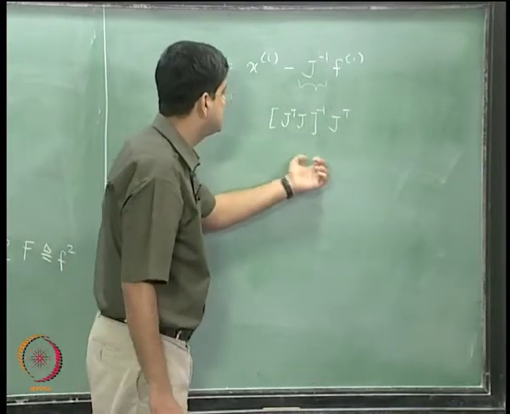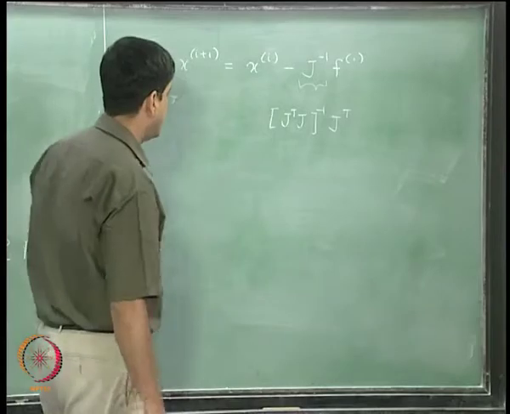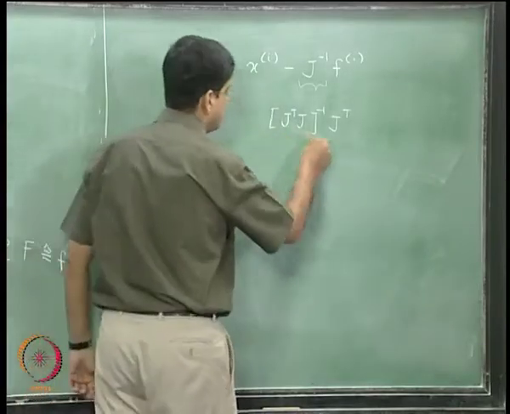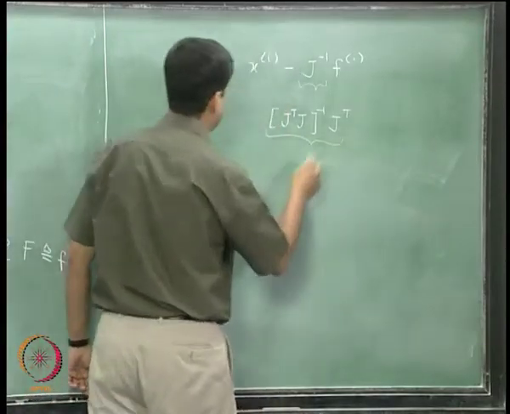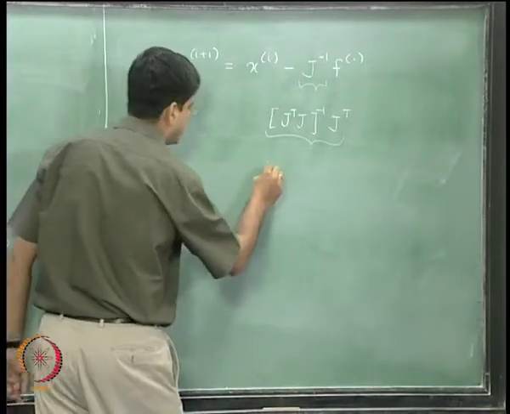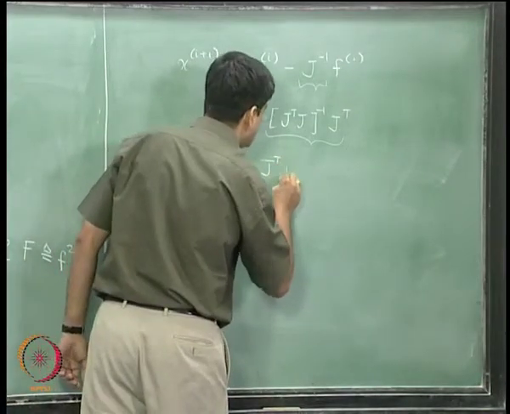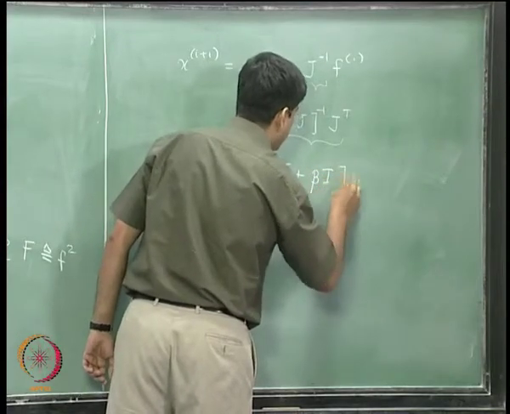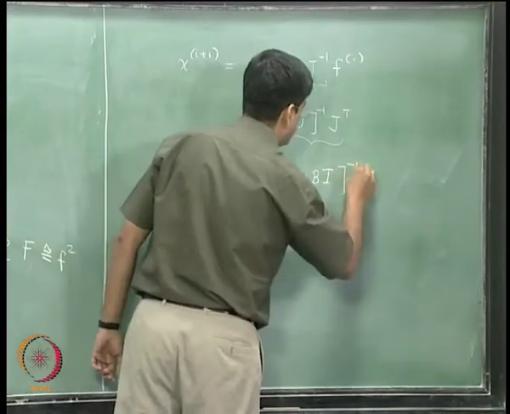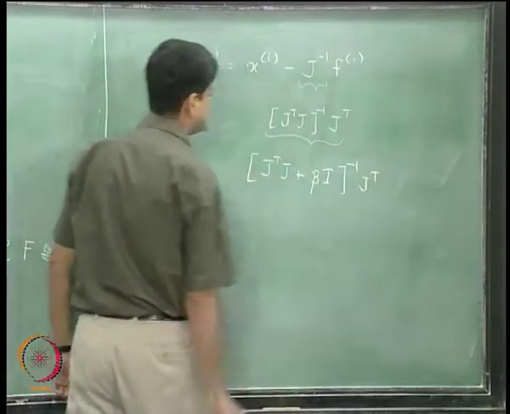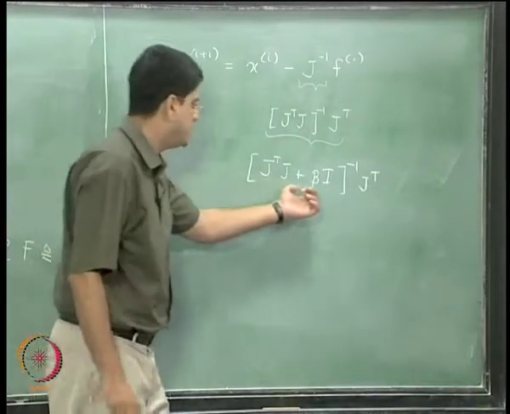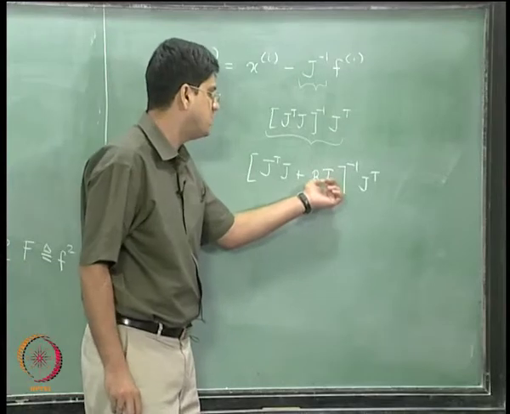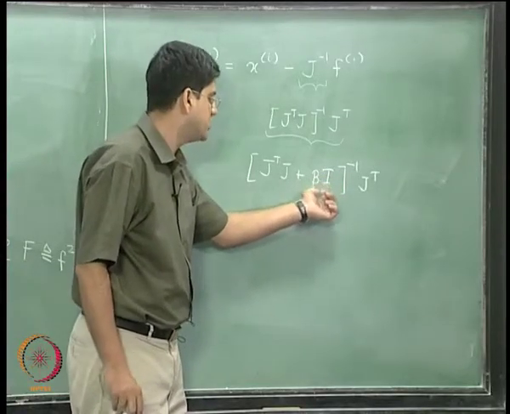But this is where a small trick comes in. Instead of writing it in this form, we write it as J transpose J plus beta times I, inverse, times J transpose. So we have introduced a small perturbation parameter beta over here,